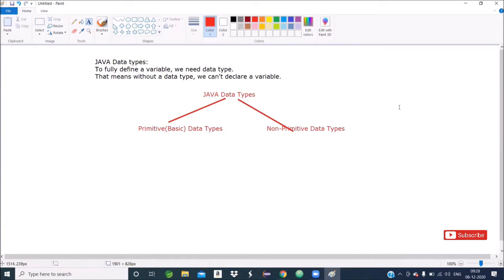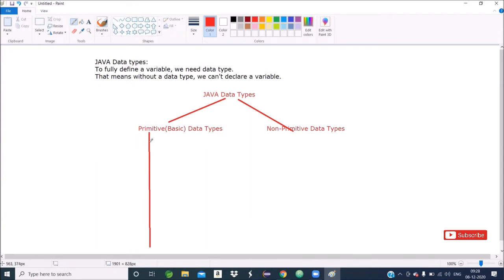One is primitive data types, also called basic data types, and another is non-primitive data types. So Java data types are categorized into two types: primitive and non-primitive. We will see how many basic data types Java supports.